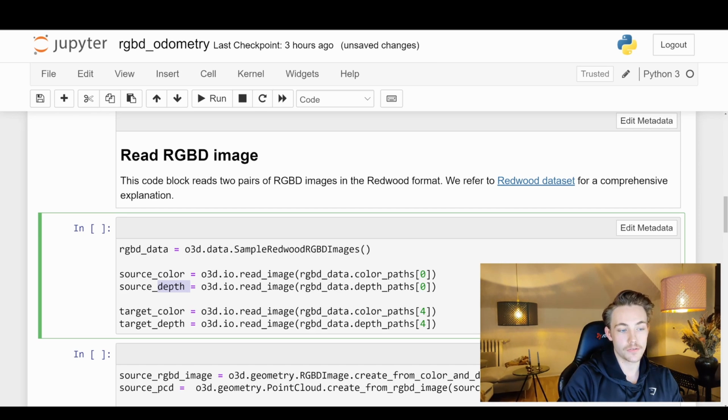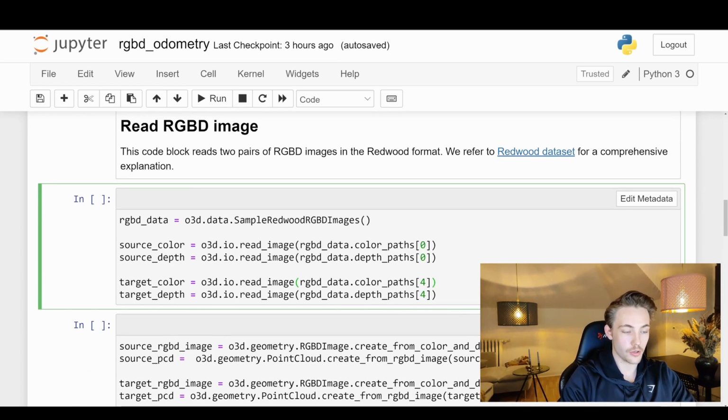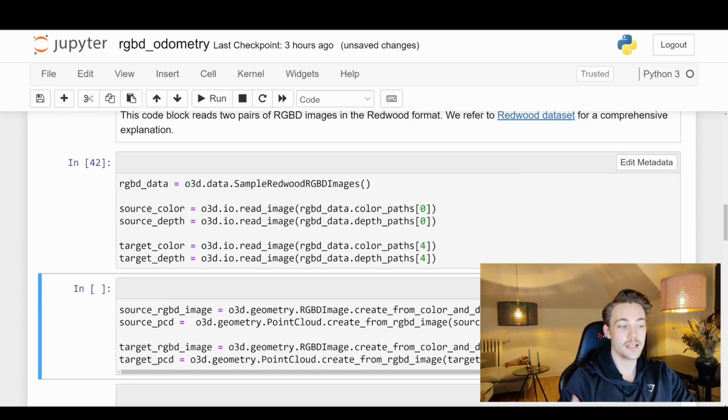We're just going to take the zeroth element of the color path and depth path. And down here, we're going to take another image. Then we're just going to take index 4. So we're going to take the zeroth frame and the fourth frame. And then we want to try to estimate the pose between those two consecutive frames. So we're just going to run this block of code so we can see what is going on and go to the next step. In the next step, we now have the color image and we also have the depth image. And then we can combine that into our